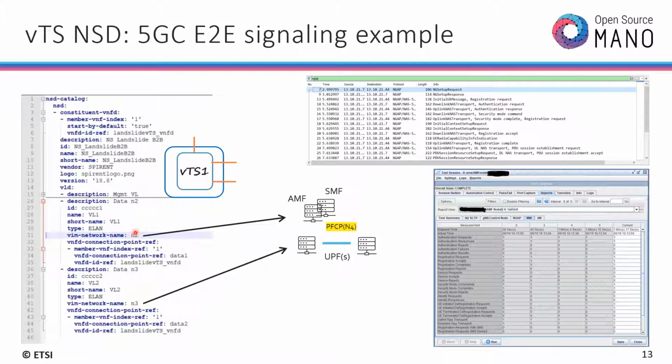So one of them was actually mapped to the VIM network N2 because it was providing the connectivity to the N2 interface of the AMF from the gNodeB, and we had another link mapped to the VIM network N3 that was actually the same thing but for the N3 interface, so connecting to the UPF. So as you can see, with a pretty simple network service, you are able